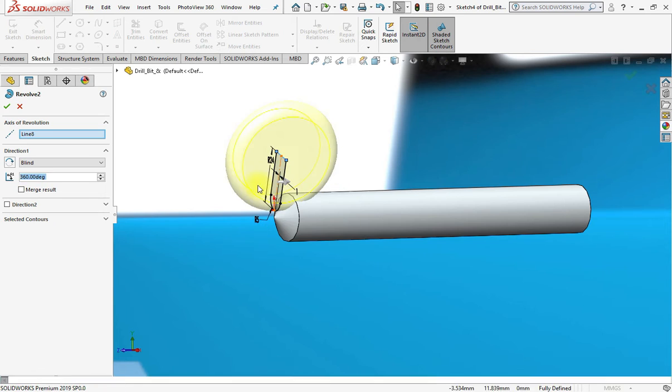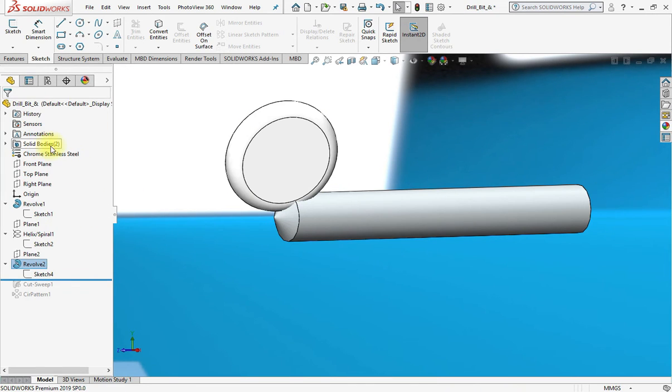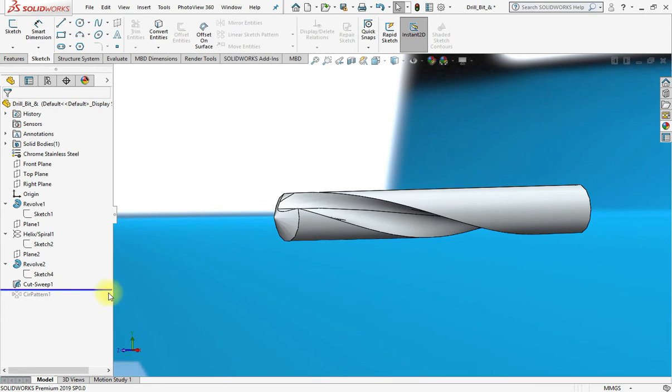Then make revolve, don't merge it, so it will have two bodies. Then cut sweep,